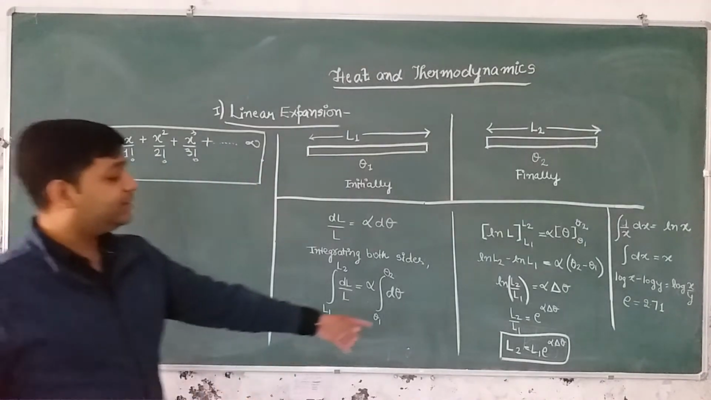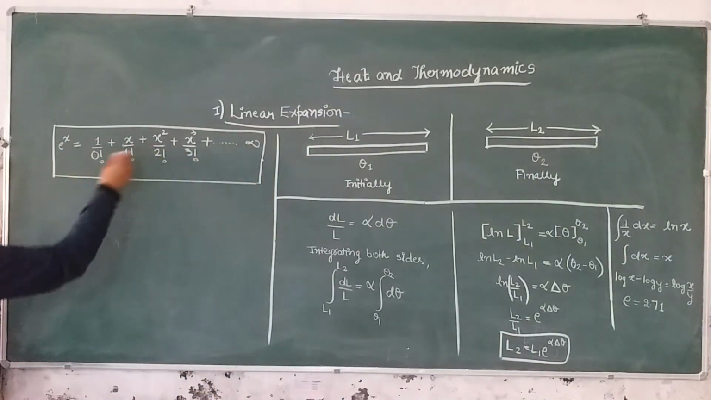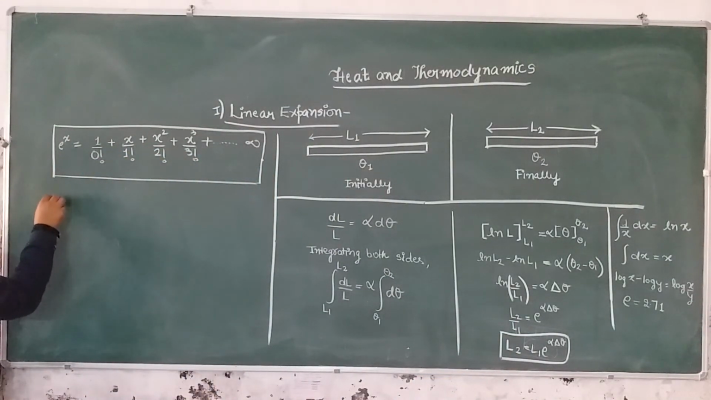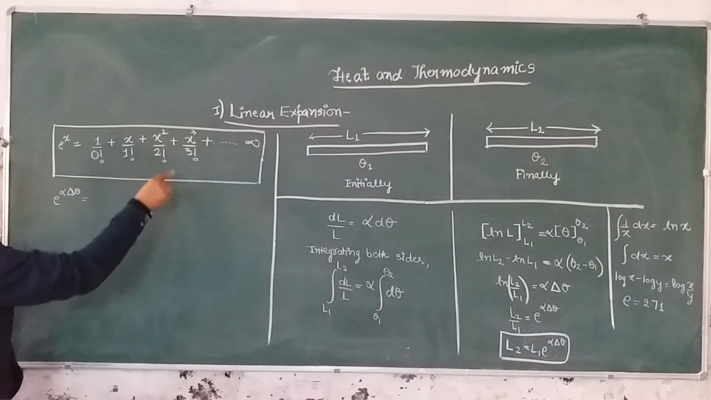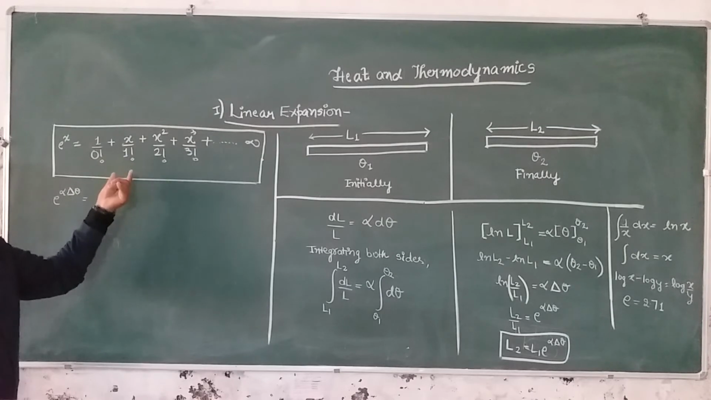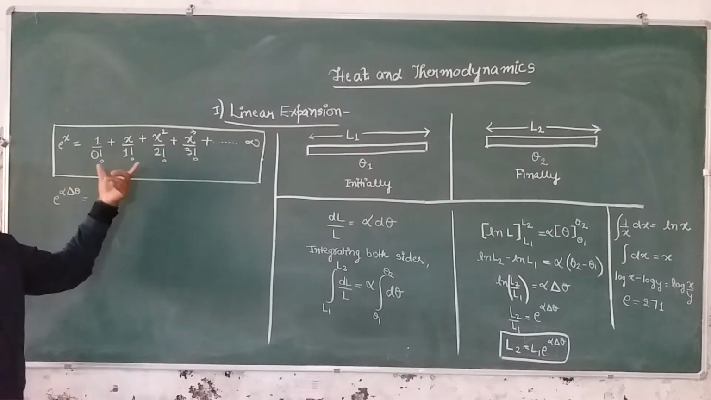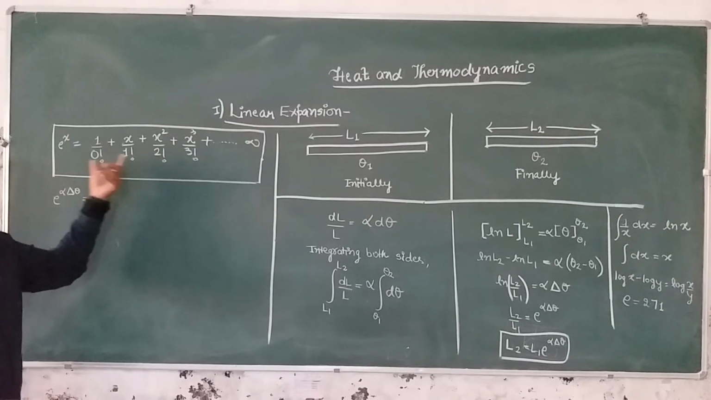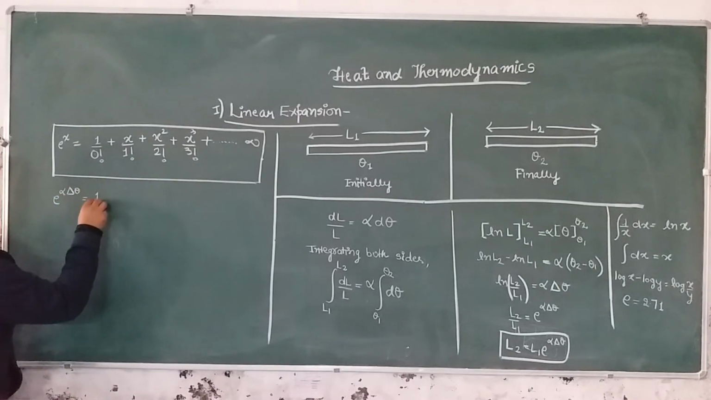Now in this relation we have e to the power alpha delta theta. So if we use this relation, can we write it as e to the power alpha delta theta? It can be written as, I hope you know these factorials. 0 factorial is 1, 1 factorial is 1, 2 factorial is 2, 3 factorial is 6. I hope you have studied permutations and combinations, so you know about these factorials, right? So e to the power alpha delta theta can be written as 1 plus